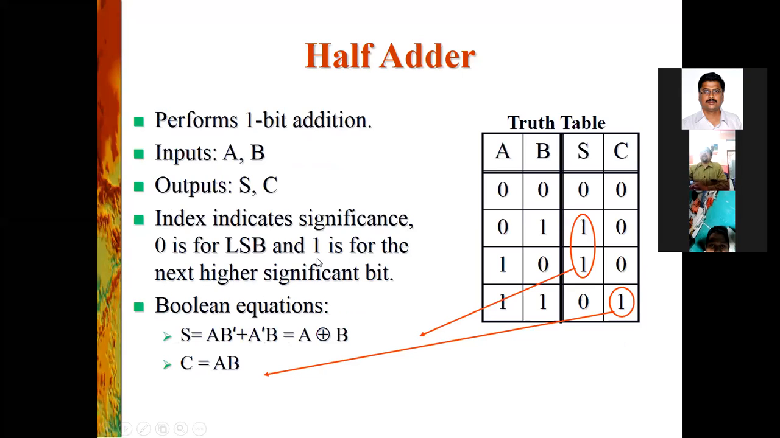Next, half adder. A half adder is that which performs a 1-bit addition only. A half adder will add only 2 binary bits. It is not 2 binary numbers. A half adder is that which will add 2 binary bits,